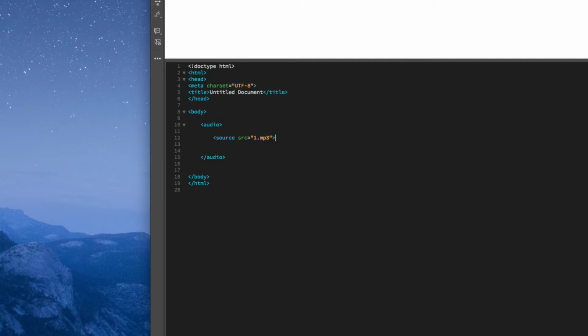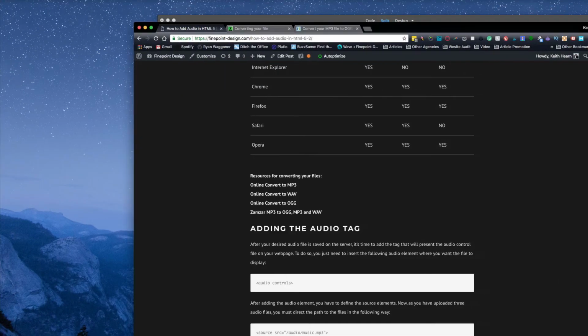Now I'm going to repeat this 2 more times for my other 2 files, except I'll just change the extension down here to OGG and my WAV file. All right, so all those should be linking properly within here because the source of the code is right next to them. They're not in a folder or anything. So all that right there should work. And what I'm going to do is save that file one more time, come over to my browser,